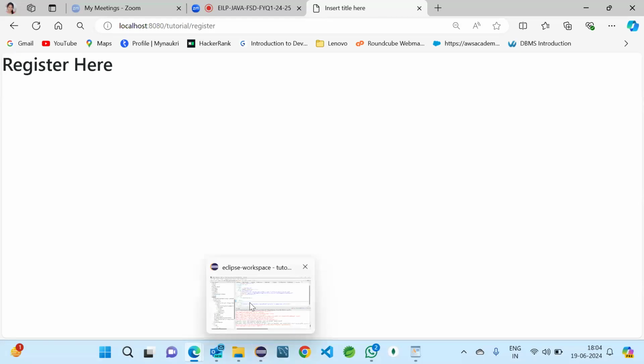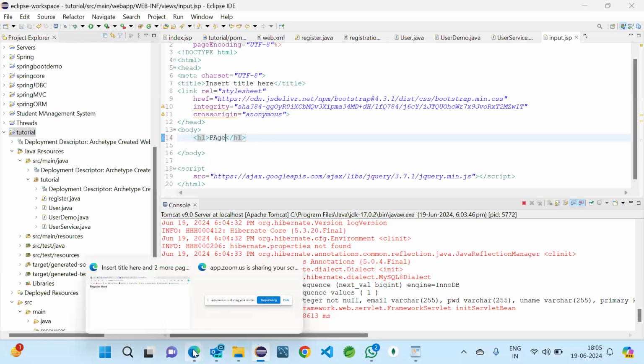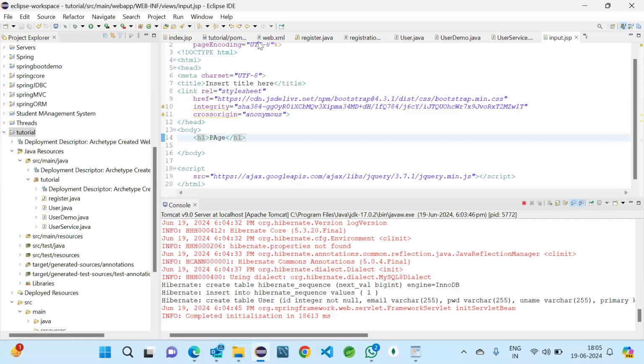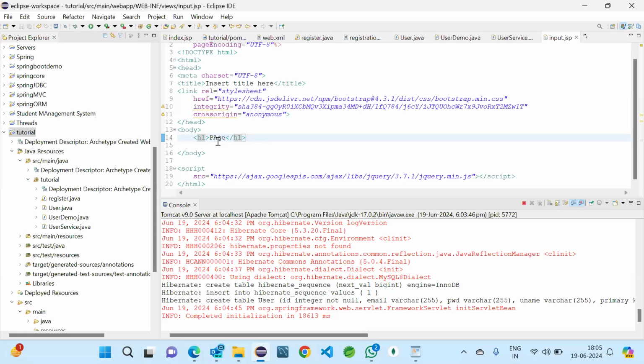So we are successfully getting this data. Let me take some page, anything, it should be updated here also. So this is creating the controller. This will be the controller which is giving the page, and this is the view of the controller. View is nothing but what we are able to see on the web.